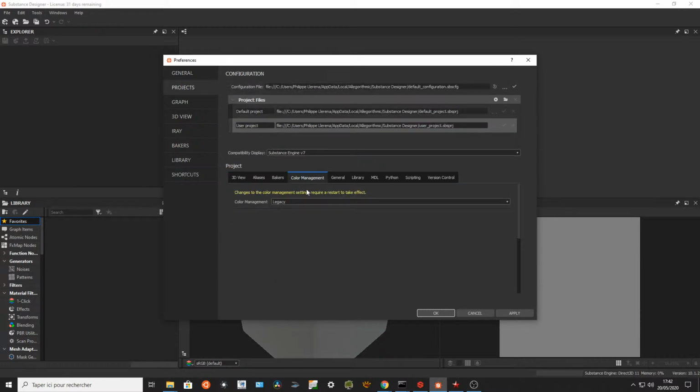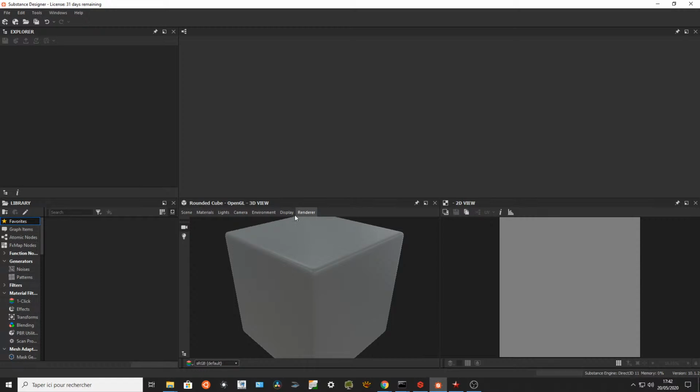I wouldn't say decades, but I would say maybe years. There is also the color management upon Color.io. That's not something I'm gonna use today because that's not part of the talk, so I'm gonna keep it in the legacy way. It's gonna work pretty well with Guerilla so far. But one of the major features of this new Substance Designer is gonna be the upon Color.io system to play